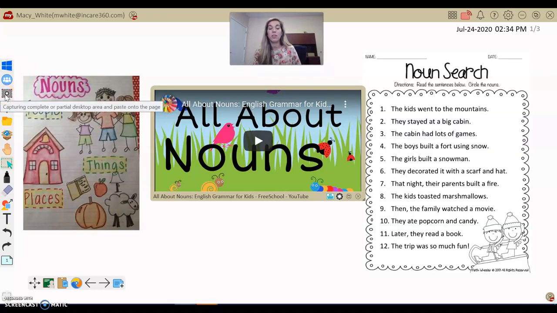It's capturing your screen. So you can capture just a part of the screen and take a screenshot of it like you would do on your iPhone or your smartphone, but you could also record your whole lesson. So that's what I want to do because I feel like that's important in distance learning for you guys to know how to do. So I'm going to click that. And this one right here with the video camera, that's going to record your whole lesson. If you did this one, it would just record the audio, but we want our screen to be recorded as well. I'm going to click that,